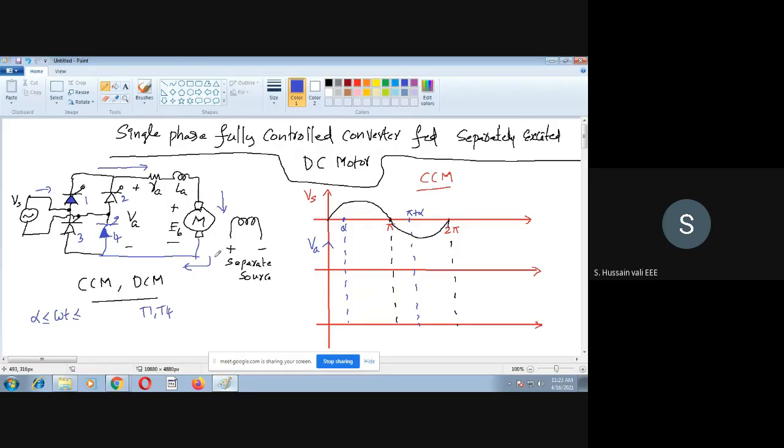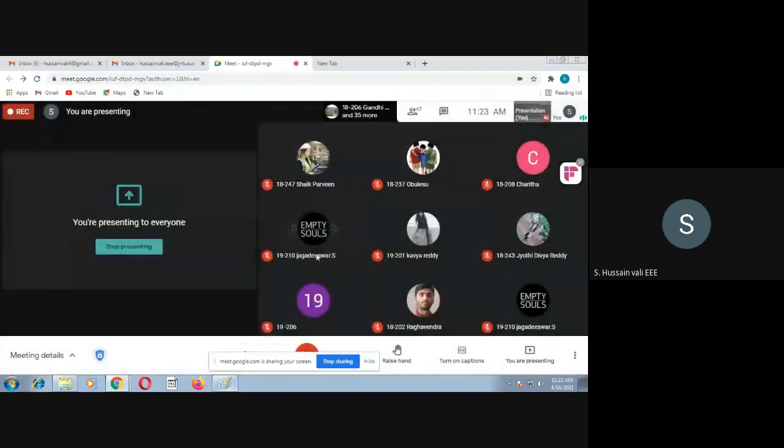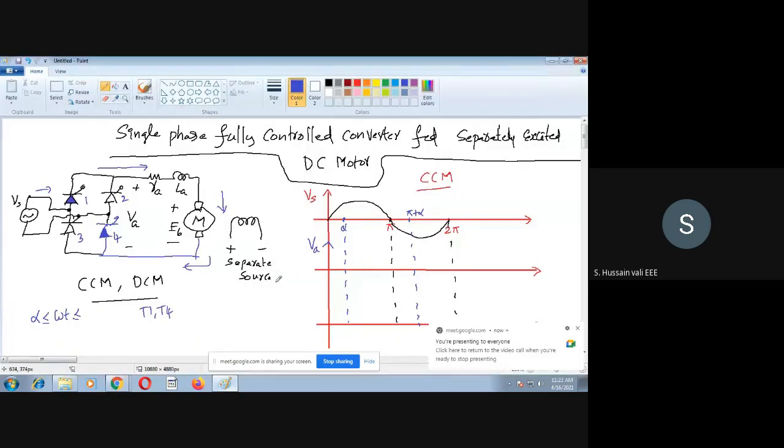The difference is that when the diode is conducting, the output voltage is zero when you have the freewheeling diode. When you don't have the freewheeling diode in the continuous conduction, the output voltage becomes negative. I will show you now why it is negative. That's the only difference. So when you don't have the freewheeling diode, the output voltage will be negative sometimes, whereas when you have the freewheeling diode, the output voltage is always positive. So these are certain differences.